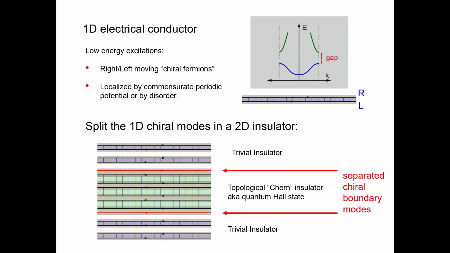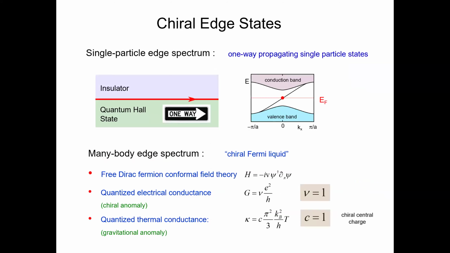Also called a quantum Hall state. And the thing that is remarkable about this quantum Hall state is that it has this edge state, if you will, this boundary mode. It's a topologically protected boundary mode, and it's remarkable because it's like a one-way street for the electrons. If you're an electron, the only thing you can do is keep going in the same direction. So that means if you put in an electron on one side, you know 100% that it's going to show up on the other side. So the transmission of electrons in these chiral edge states is perfect.